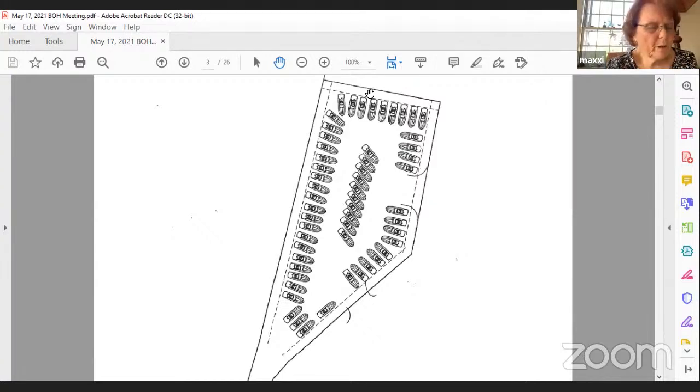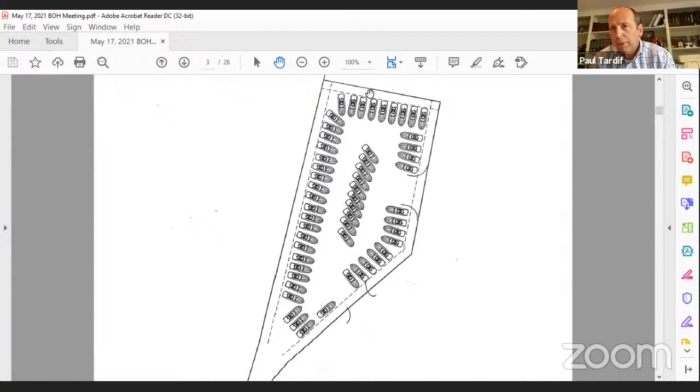I have a question about the whole storage issue. These boats are primarily going to be stored during the winter months, but will it also be temporary in and out type storage also during the summer months, spring, fall? The plan is that probably will not happen, as most of the people who have those boats want to use them in the warm weather.